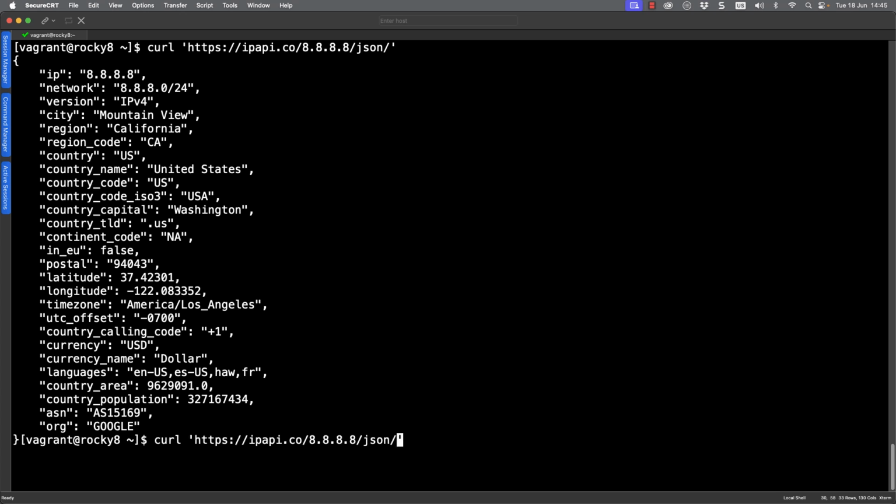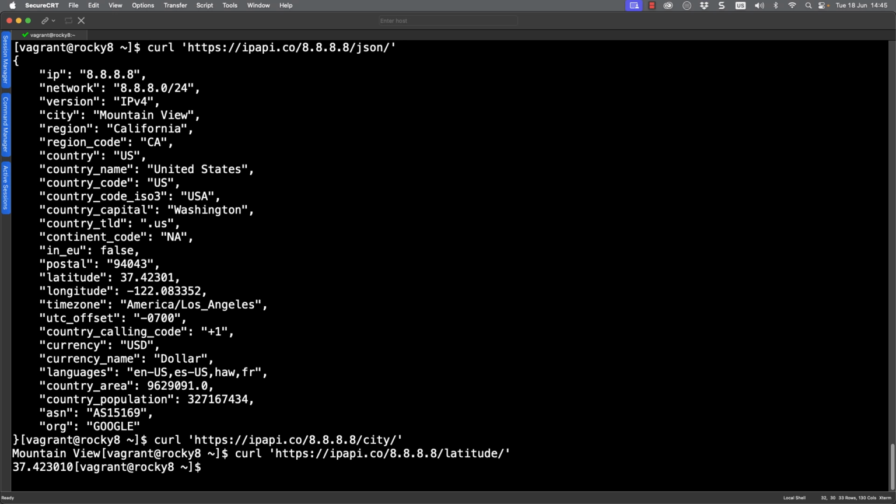But each one of those elements is a field that we can return separately. So I could look for the city, which is Mountain View. If we wanted to grab the latitude, I'm probably going to choose latitude because it's easier to spell, I think, than longitude. And if we put in latitude, we're going to get the latitude coming back.